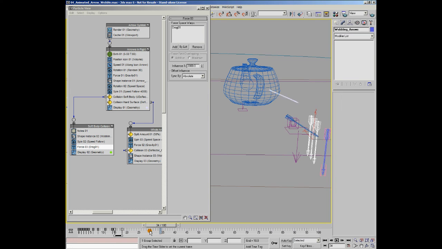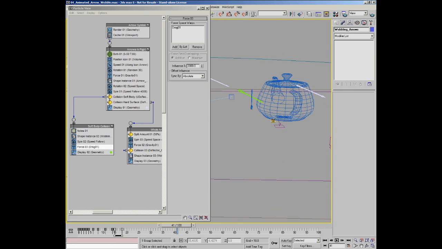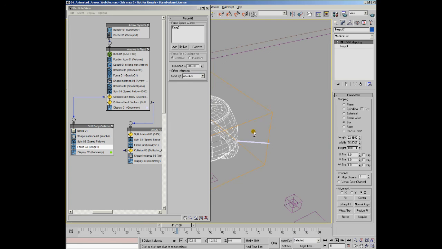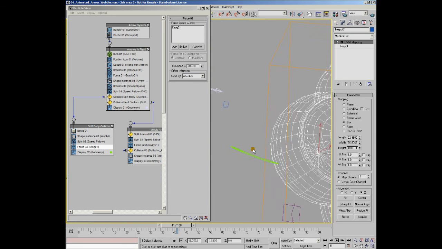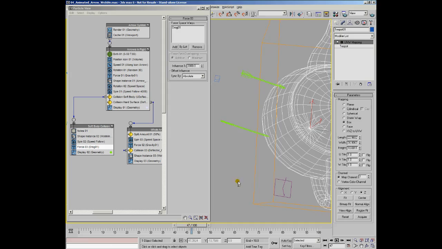So if we actually play the simulation through here, you can see this green arrow here is actually struck in the body. You can see it's wobbling around, and you can see